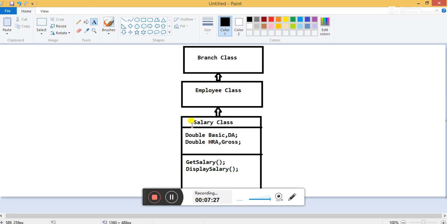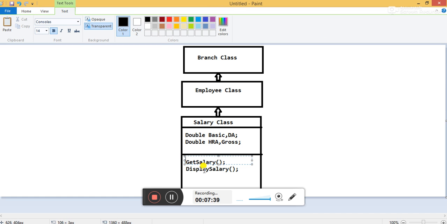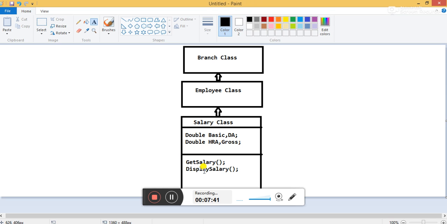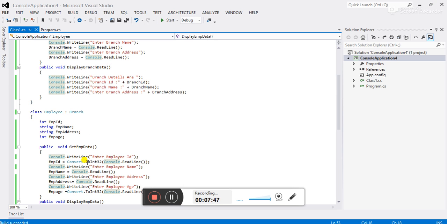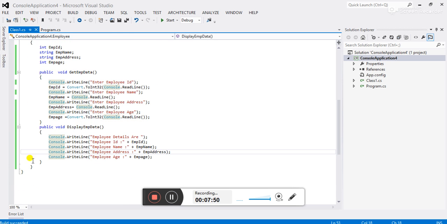Under the salary class we have declared some data members: basic, DA, gross, and HRA, and a function salary to get the input from the user. And second, to display the data on the console screen, we have written the function display salary. So let's make some changes in the existing program here.